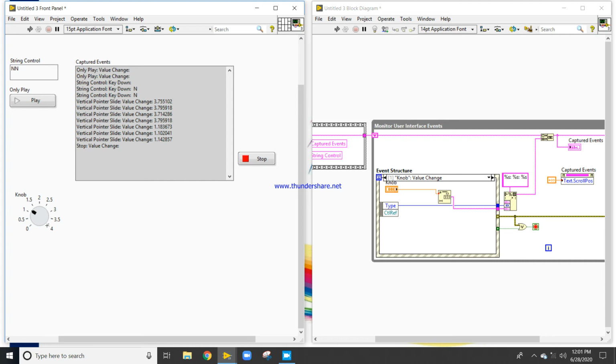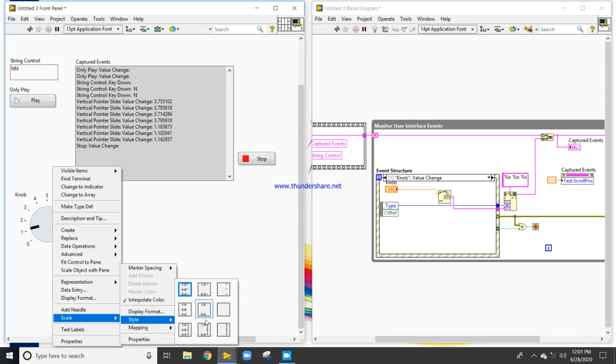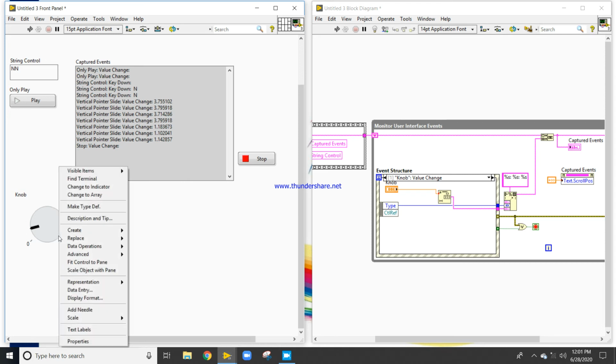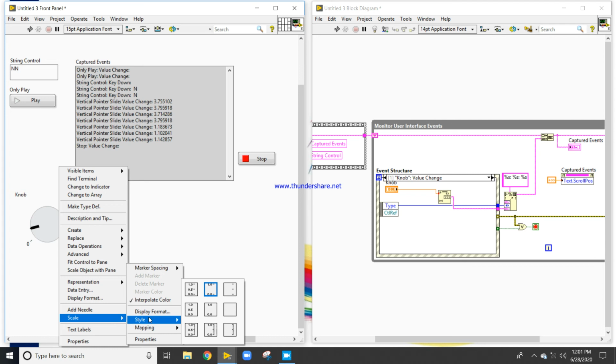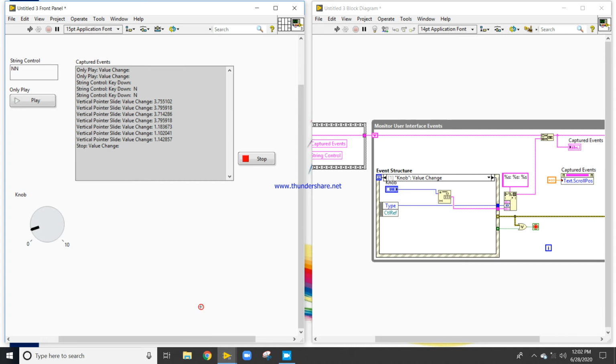Knob value change, and the knob value will be 10. Now for the scale, I am going to fix the scale like this. I will change it to U8.